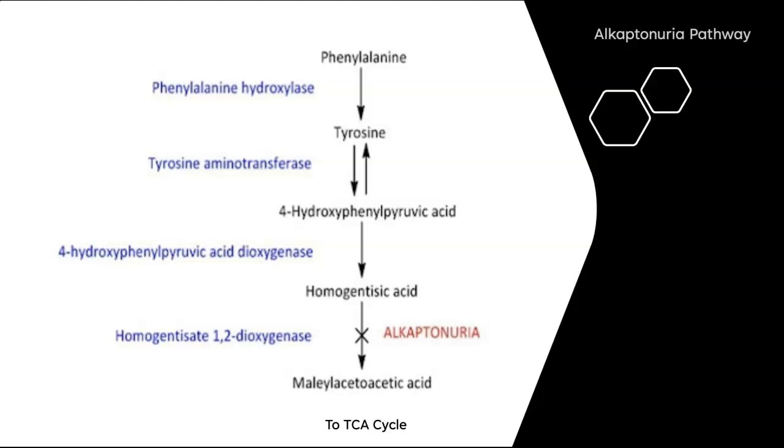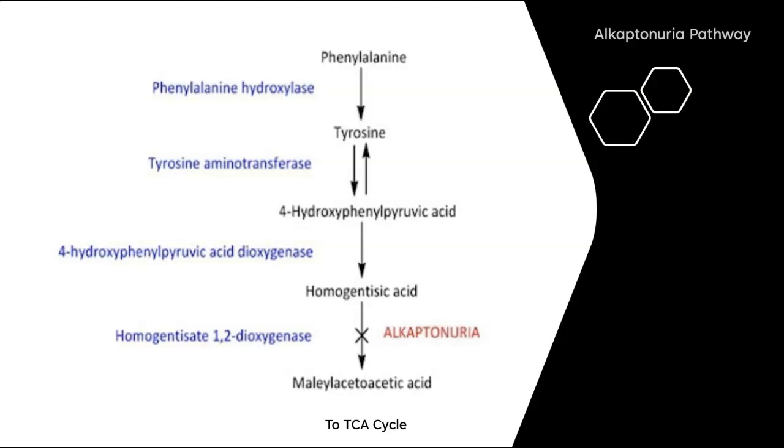Alkaptonuria is an autosomal recessive disorder that results in the deficiency of homogentisate oxidase, or HGD, and the incomplete oxidation of two amino acids, tyrosine and phenylalanine. This enzyme is used to break down toxic substances called homogentisic acid. Without adequate breakdown, increased levels of homogentisic or melanic acid collect in connective tissues. As a result, the disease can cause